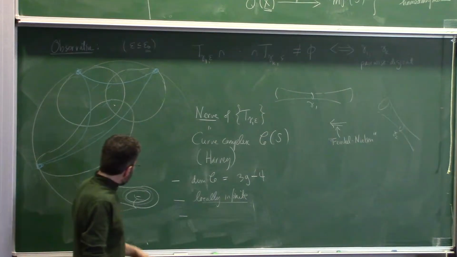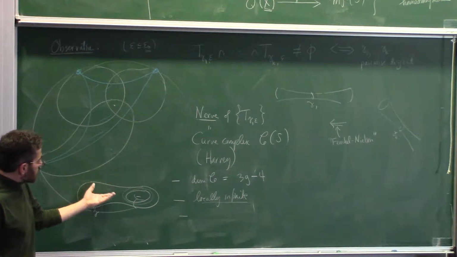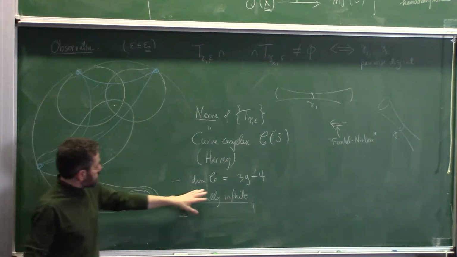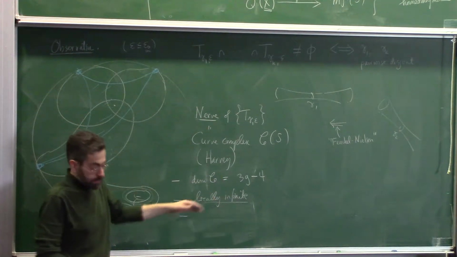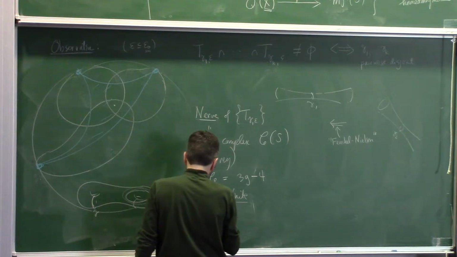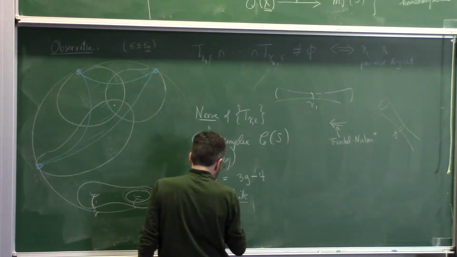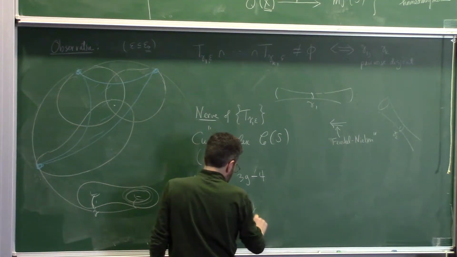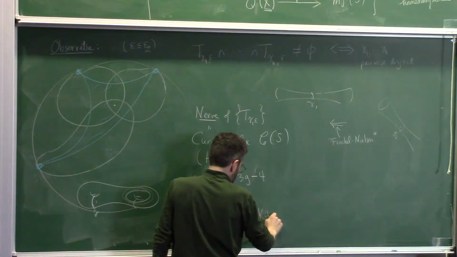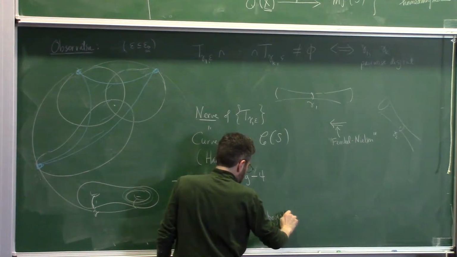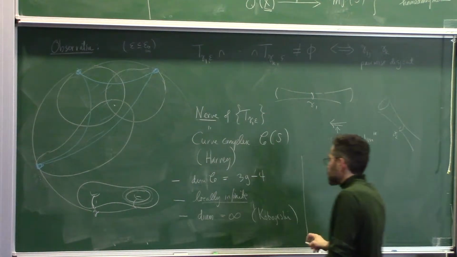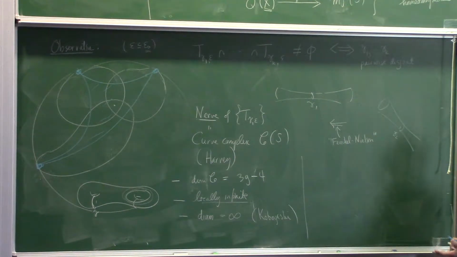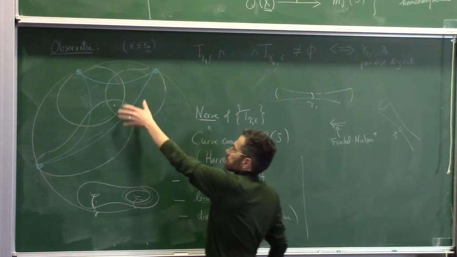And so it's an infinite complex, it has infinitely many vertices, and it's locally infinite. Now it's not obvious what its diameter should be. Maybe it's finite diameter, but in fact it's not. So the diameter is infinite. I think this is usually attributed to Kobayashi. And somehow you could think of it as some kind of a metric space, which is explaining this pattern